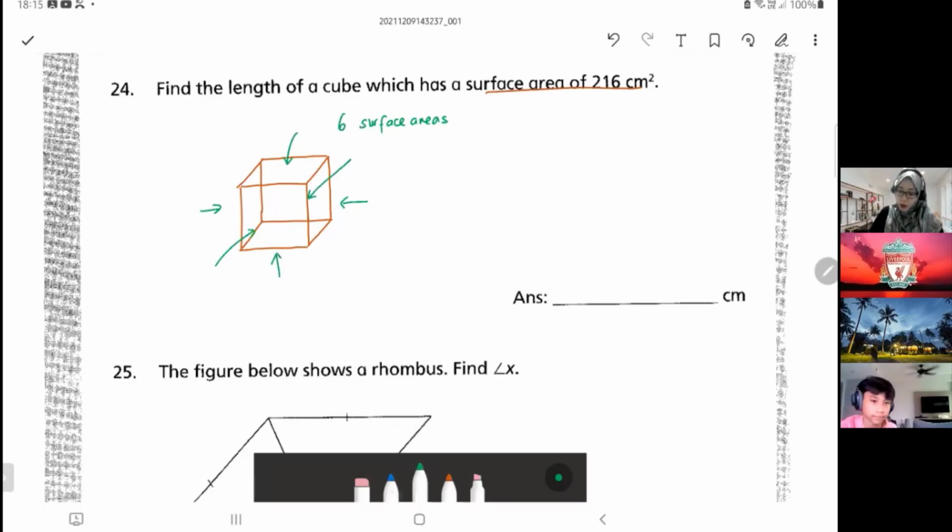So what do we do with this 216? You take your 216 to find one surface area. I want to find one surface area first. It will be 216 cm squared divided by 6 equals to 36 cm squared, which means one square, this and this, length times breadth, length and breadth is the same, right? Because it's a square, okay? So one side